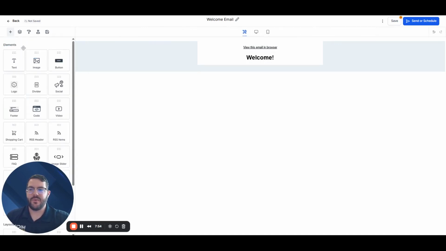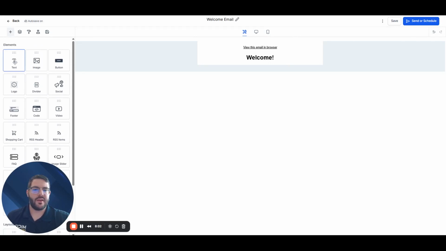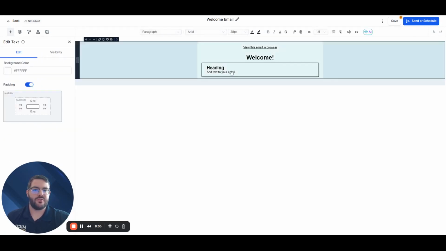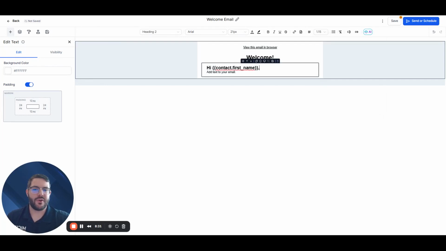And then let's go ahead on the left-hand side here on the plus, it's going to say add elements, and then you can select from any number of options here. So let's go ahead and bring in some text. So I'm going to drag that where I want it to be. I'm going to do hi, and then this is where it gets really cool. So on the top, we see our typical editing options, right? Bold, italic, which fonts, size you want to use. If you keep going down to the right, there's custom values. When you click there, we can now do, in this case, we'll do contact, and we'll do first name. And then we'll go ahead and put our comma like we would,